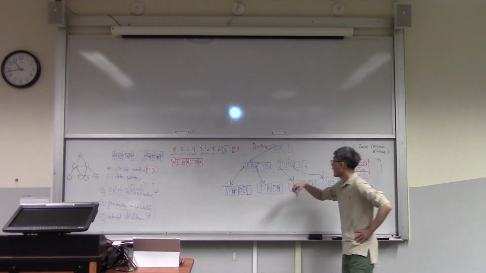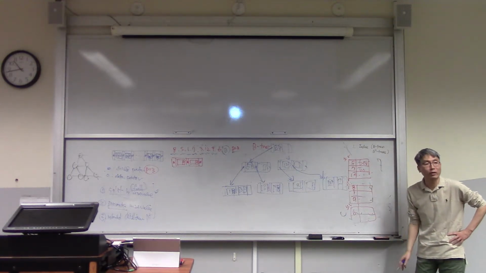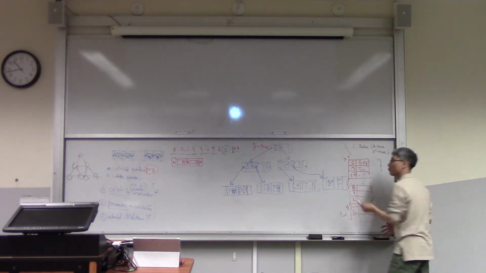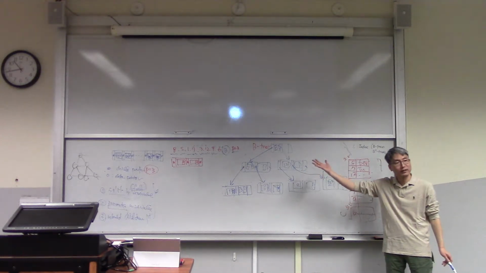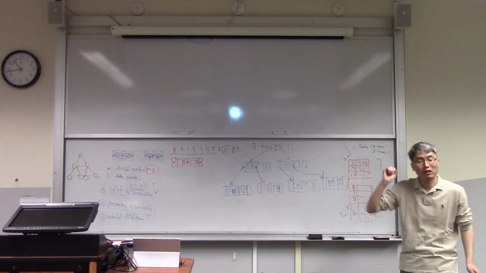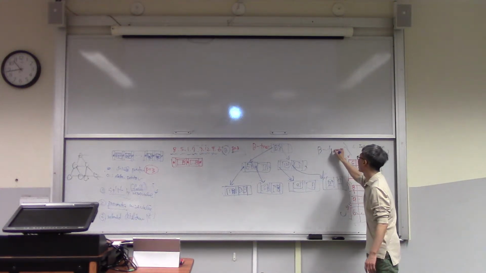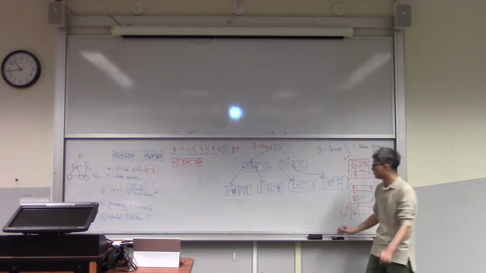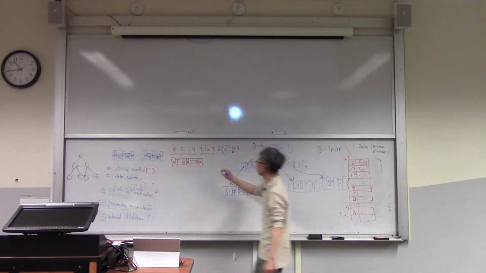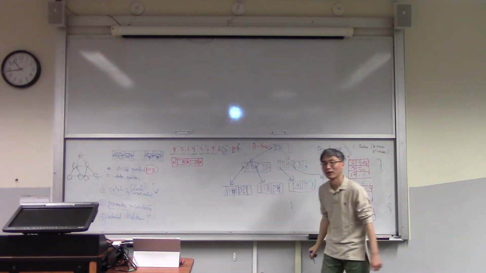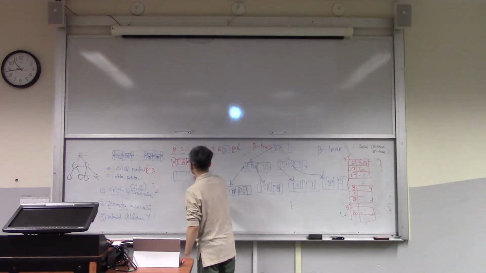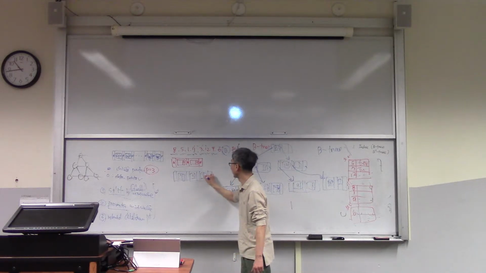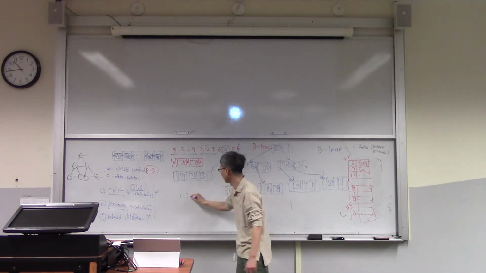So when we access the 13, how many IOs? 4. 1, 2, 3. When we access the 12, 3. When you access the 8, 2. Okay. So this is the B-tree index. Problem. In case P is equal to 4, okay, then it will be like this. 1, 2, 3. So when 4 is inserted,